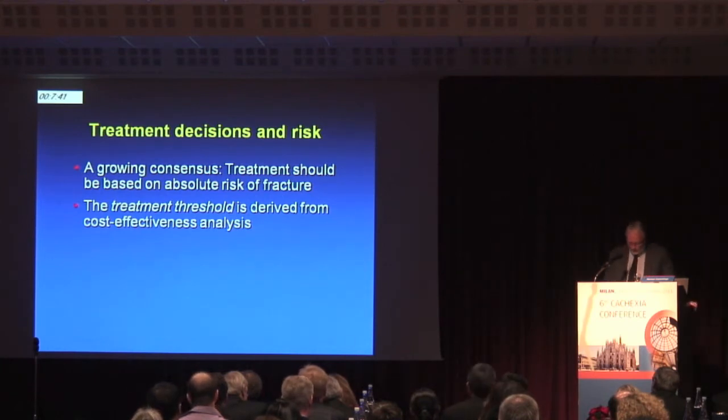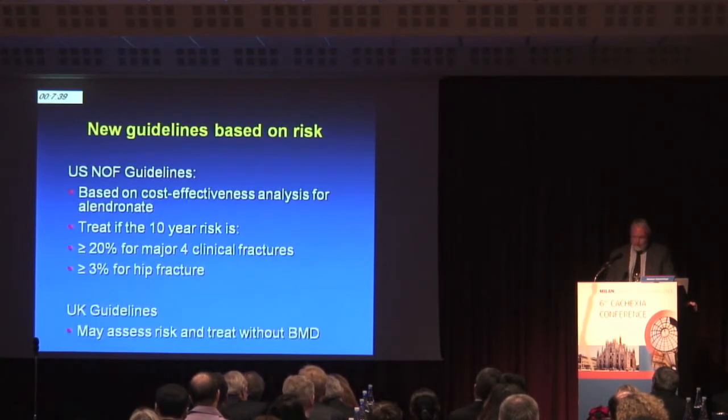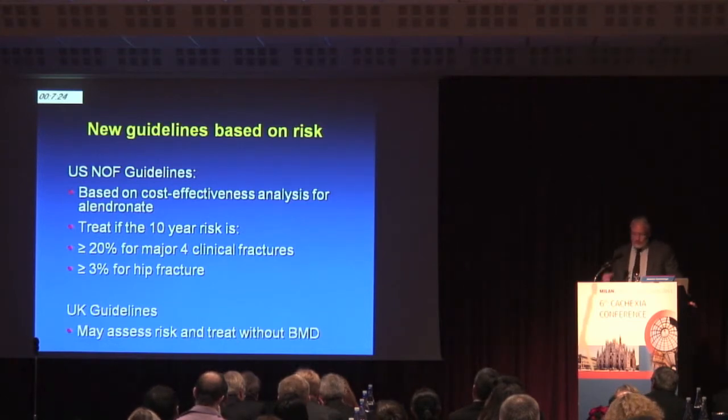We're moving further and further away, I think, from bone density as the sole basis. As you see, new guidelines from the United States have begun to use absolute risk, 20% or 3% for major and hip fractures, respectively, as the treatment threshold for women with osteopenia. And the United Kingdom has just instituted